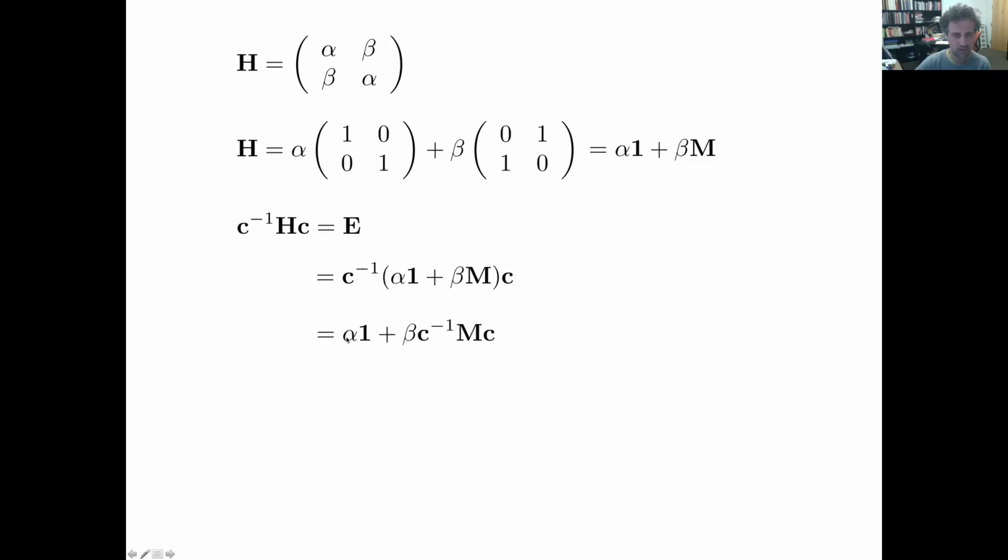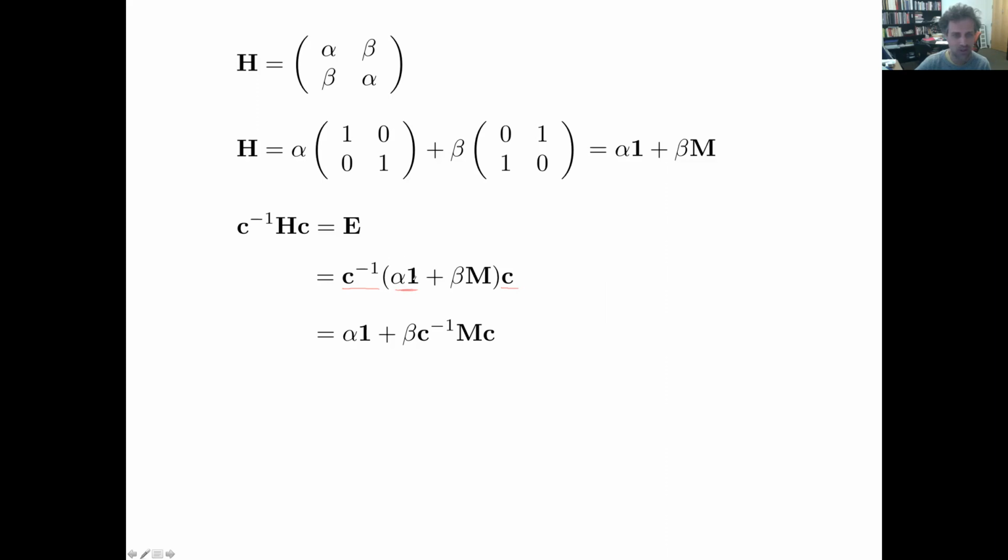Right? So the first term is already a diagonal matrix. Okay, that's important to realize. If I multiply a diagonal matrix by the inverse of this matrix from the left side, and from the right side I multiply by C, if this matrix is already diagonal, nothing is happening to it. There's no operation done because it's already diagonal,